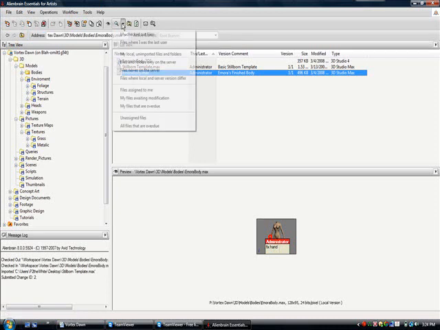But another thing is the quick search. I can right click this little magnifying glass, and I have plenty of features I can use: my checked out files, files where I was the last user, my local important files, my local unimportant files and folders, which are on your virtual drive, files and folders only on the server, files newer on the server, files where local and server versions differ, files assigned to me, my files waiting modification, my files that are overdue, and assigned files. So it's kind of like the task hopper, where we have these tasks, but now they're just assigned to files,